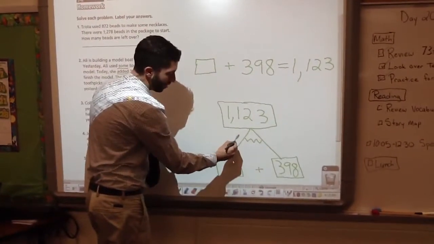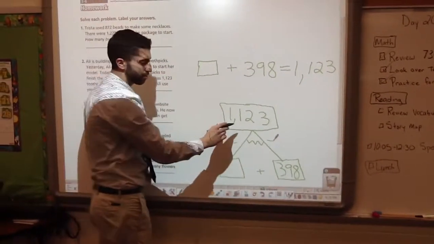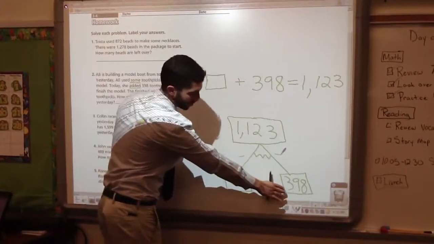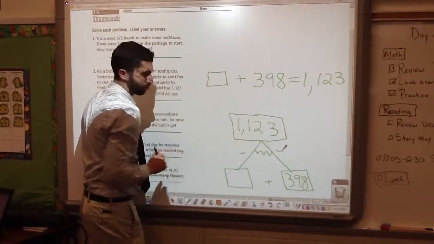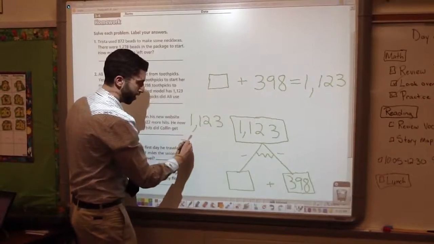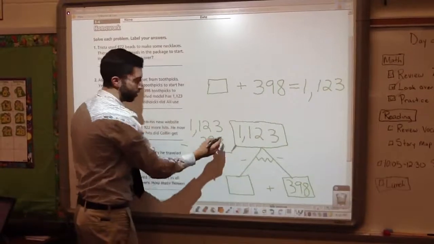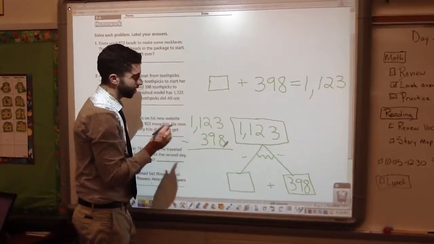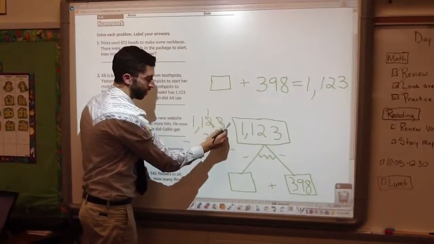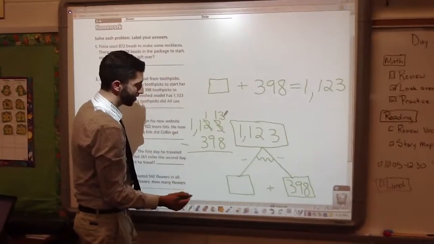Now, if I were to start at the top of the mountain at 1,123, I could use subtraction, which is an inverse relationship, to subtract 398 and figure out this box down here. So we'll do 1,123 minus 398, and we'll use subtraction. 3 minus 8, I'm unable to do that, so I have to borrow from the tens. That'll leave me with 1 ten, and I'll bring the other 10 over to make 13 ones. 13 minus 8